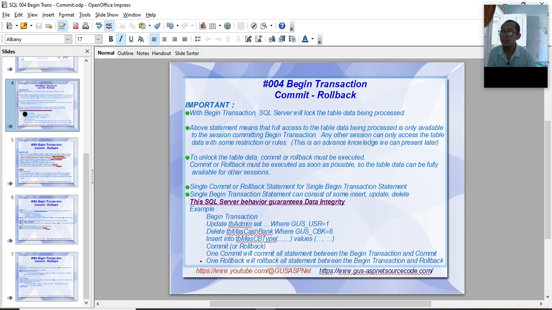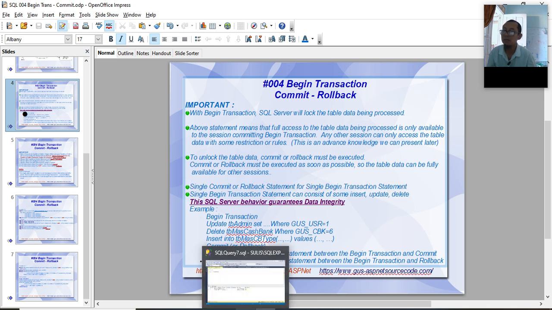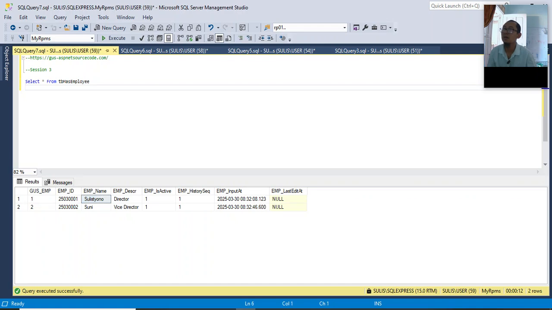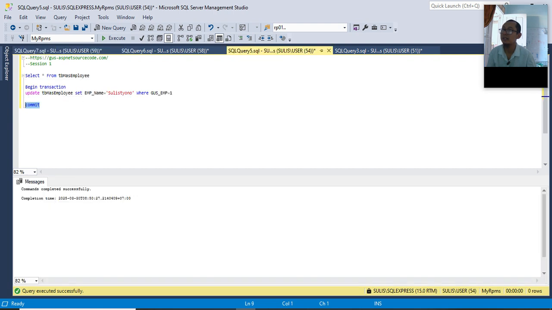To unlock the table data, commit or rollback must be executed. Okay, this single commit or rollback statement is for a single begin transaction, as already demonstrated before. Now, how can we display data that is being processed?